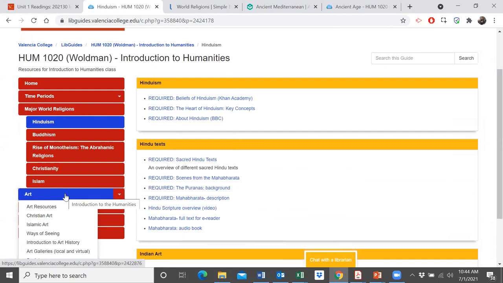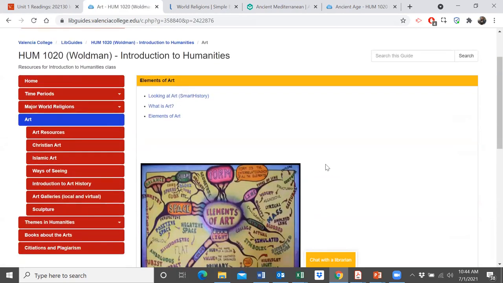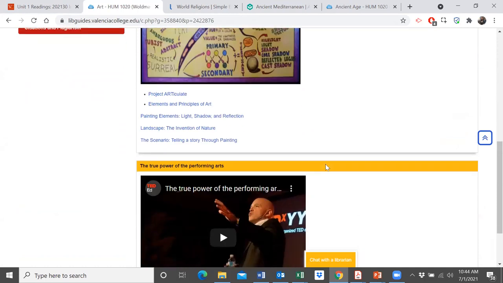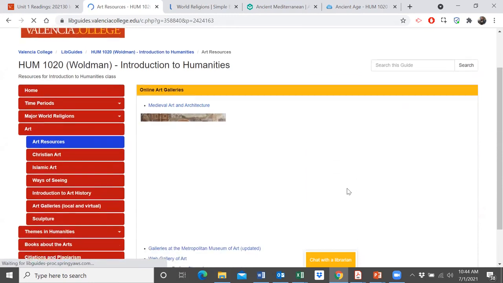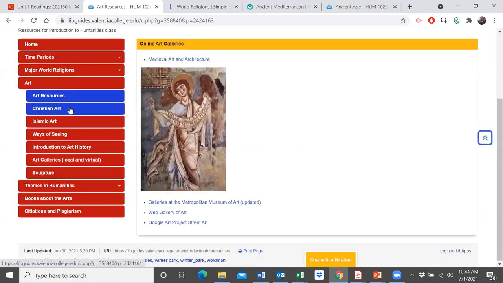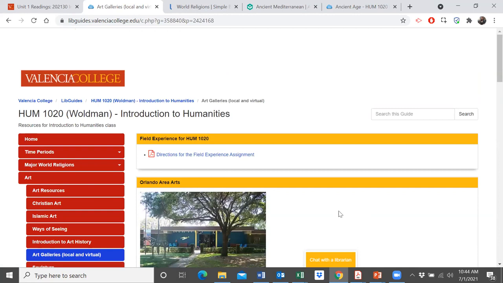The other thing I want to show you is under art. There are lots of art resources, elements of art, some videos, and then underneath we have galleries, online galleries that you can go to, specific tabs on different types of art. And then this is important, this tab on art galleries, local and virtual. The tab for art galleries, which includes both local galleries and also virtual options, gives you